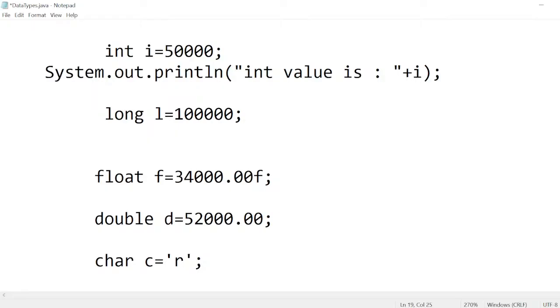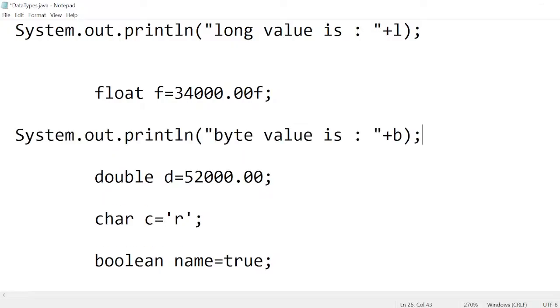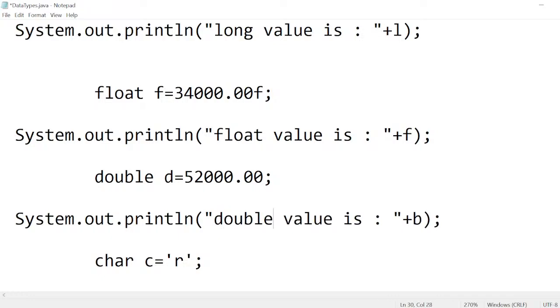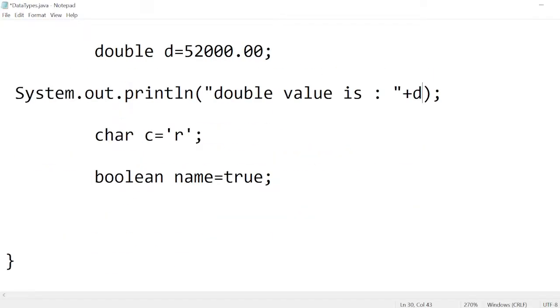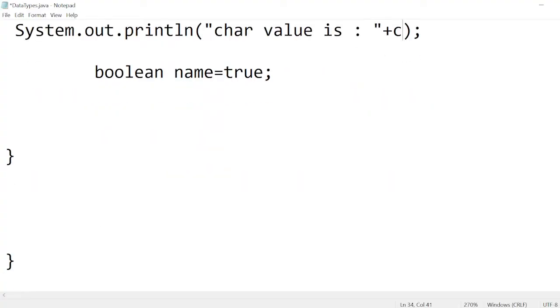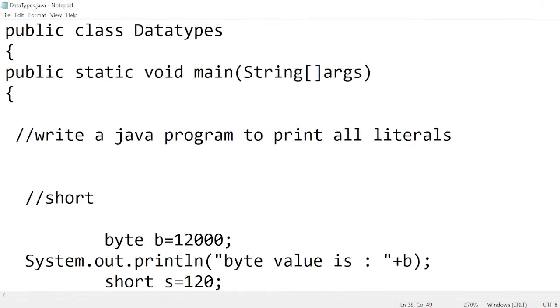So like this, you can also write a program in your system. Long, and this is for float, and this is double, D, and this is also a type. So this is the program, and I just want to